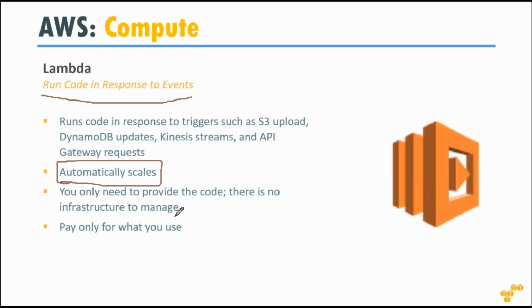And once again, remember I told you about 1 hour billing for EC2. Lambda is billed on seconds. That is the difference between EC2 and Lambda. Lambda is billed for the number of seconds you use the compute service. So now we are talking about sub-second billing. So you can run a service for 10 seconds and then be happy about it that you're not using any